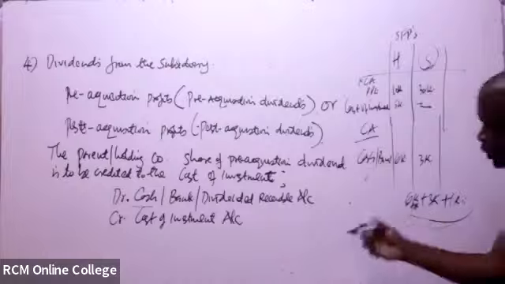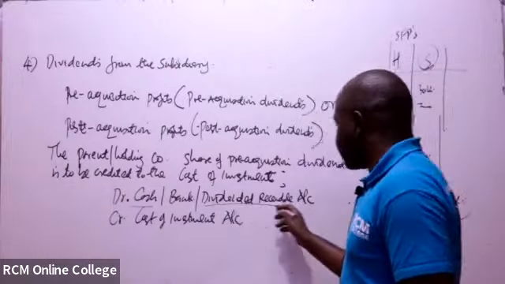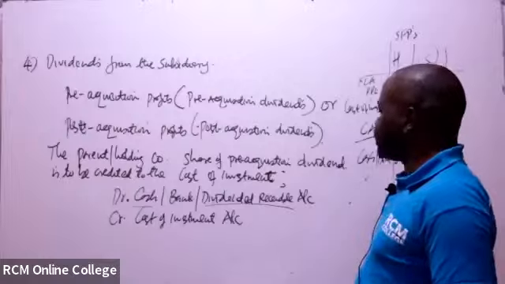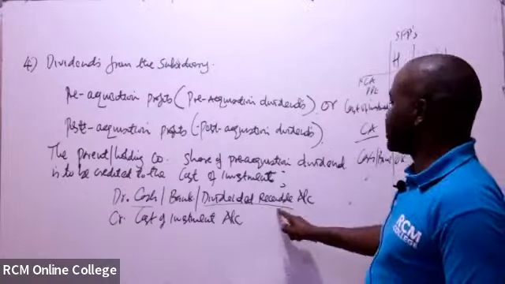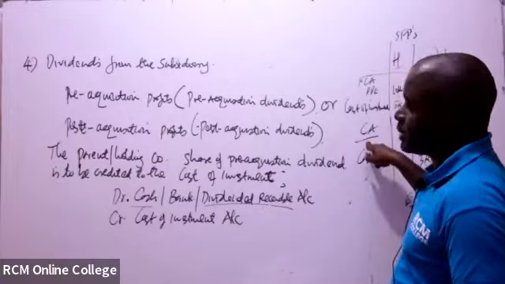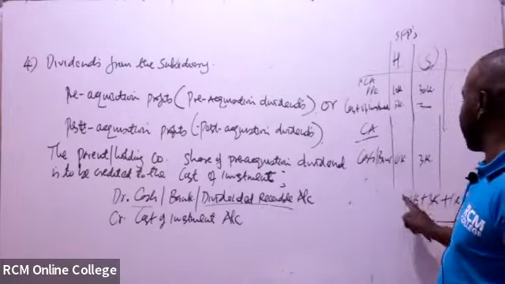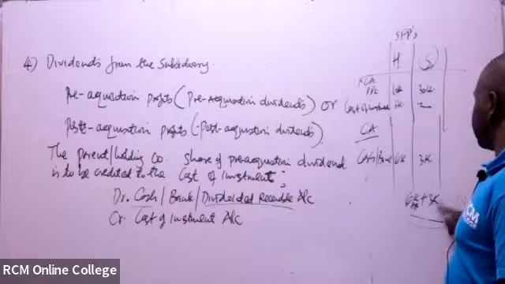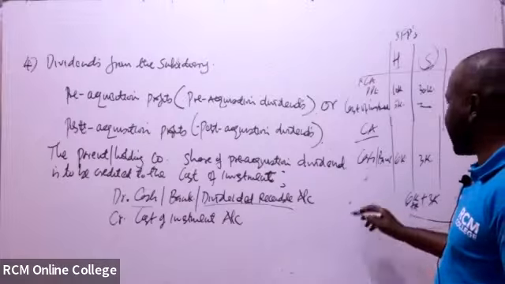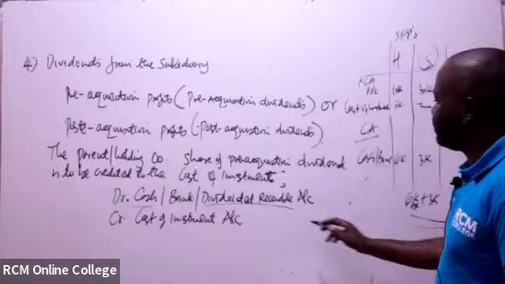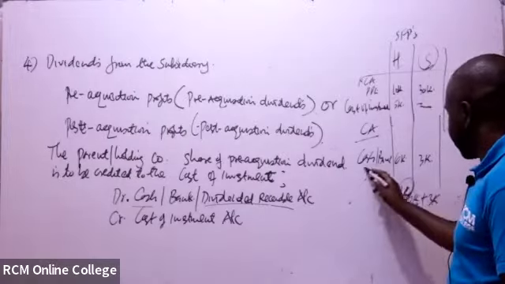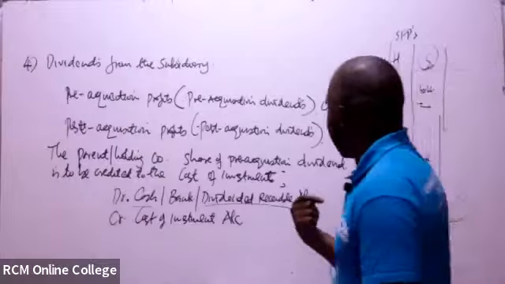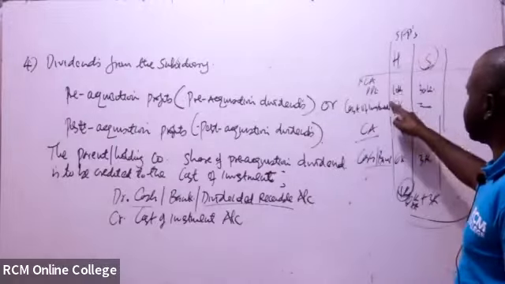But if it has not yet been paid, it can be a debt. So the subsidiary is yet to pay. It becomes a receivable, and still it appears as an asset. So in this case you won't add it to cash, but you'll create another current asset. You call it dividend receivable. You put that 1K. You recognize it separately from the cash, because it was not received as cash. While in this case, you deduct from the cost of